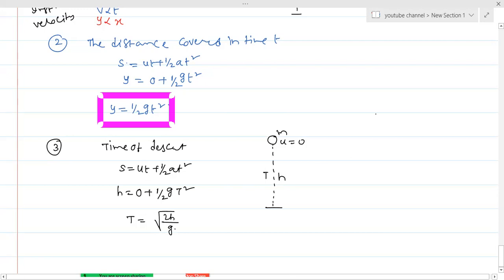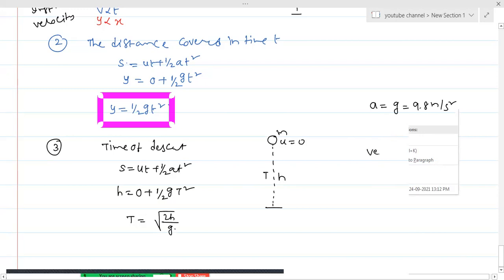But here the important thing is the acceleration due to gravity. While we are expressing it in scalar form, we will just understand it as g. So we know that g equals 9.8 meter per second square. In the question, if the value of g is not mentioned, we will take g equal to 9.8.